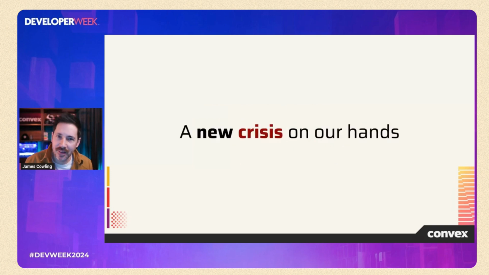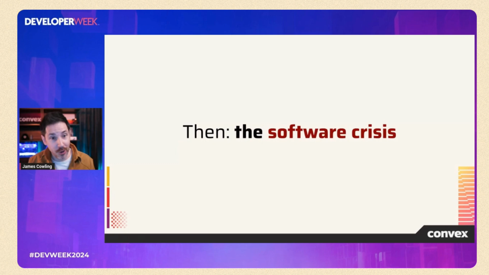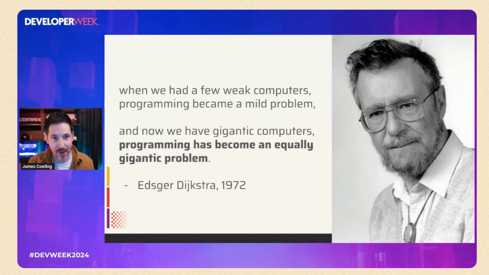The reason I'm giving this talk is because of a crisis we have on our hands. It's a new crisis, and I think it can be hard to recognize it if you don't know about the first crisis. So I'm going to go back to the software crisis, which was a real thing. It was a huge topic of concern back in the late 60s and the early 70s. You can go read about it on Wikipedia. But the essence of it was that as technology improved, productivity actually slowed down. It became harder to write programs.